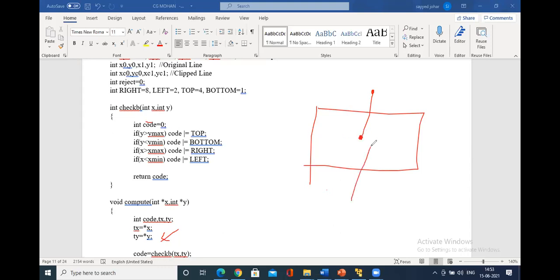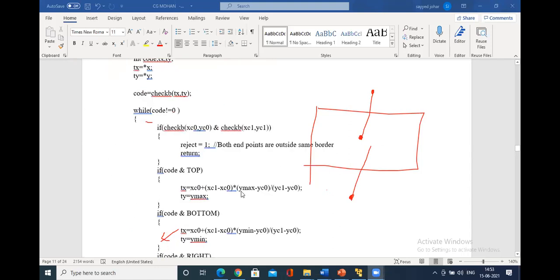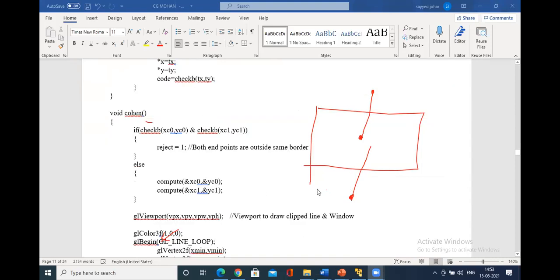If the line falls like this, it is at the bottom. How do you identify? That is by calling the check B using x0 and y0. How is it being called? Here it is being called in Cohen-Sutherland. See, check whether it is accept or reject, right?